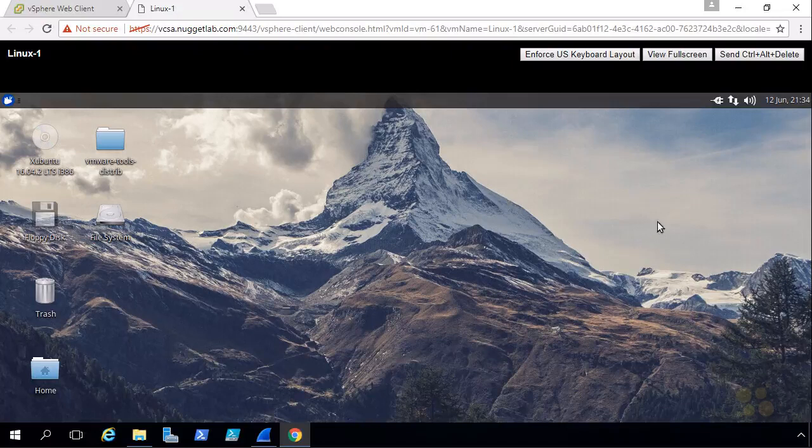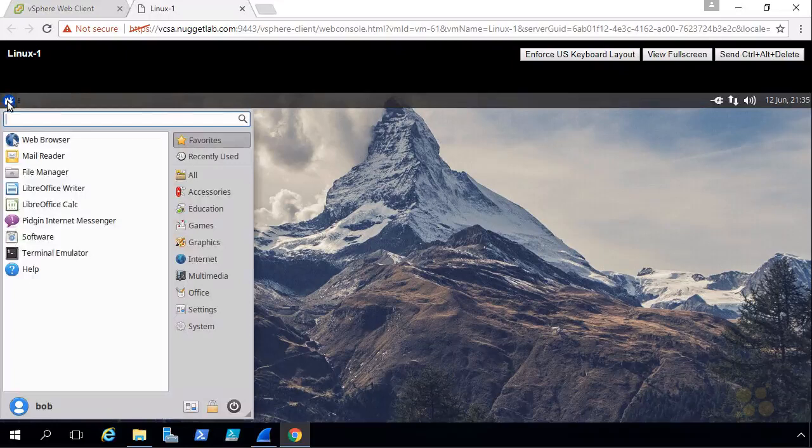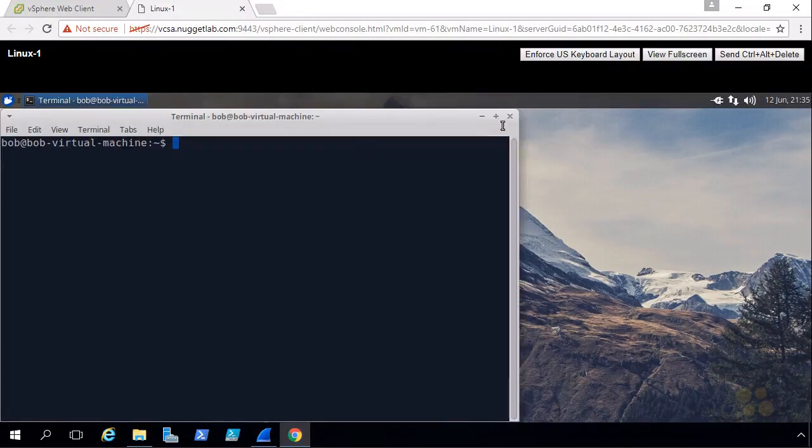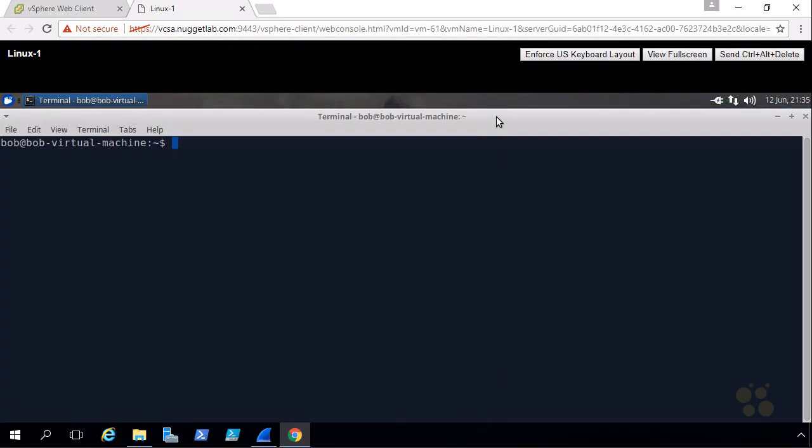All right, so one of the benefits of VMware Tools is having all the right video drivers and mouse drivers and everything else to allow the guest operating system to have a very good experience living on a VM. So let's verify the IP address here on this device. There's several ways of doing it. One would be to simply click on the mouse in the upper left-hand corner of this VM and selecting Terminal Emulator from the list. So here in the terminal emulator, I'm going to click on the plus symbol to maximize that. And let's go ahead and type in ping, and let's go to